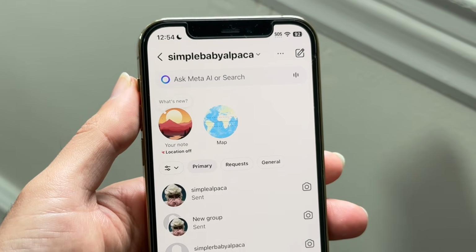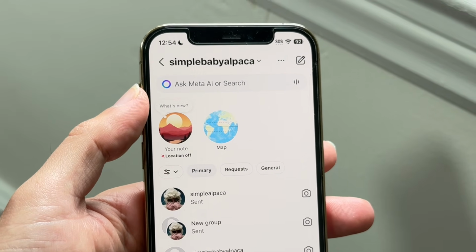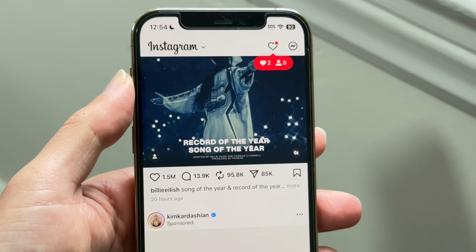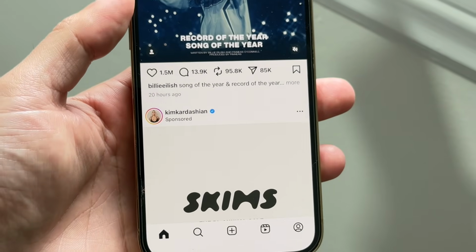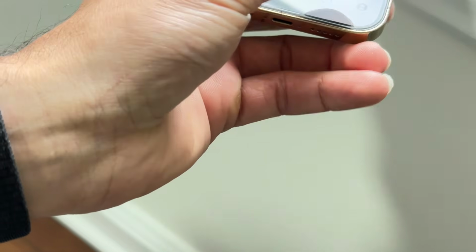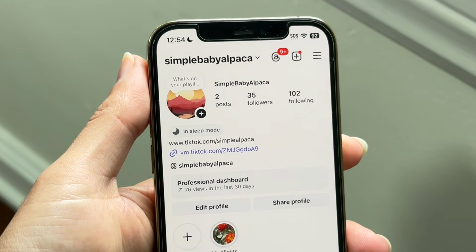you somehow have some sort of professional account on Instagram. You will not see these tabs unless you have a professional account. So if you want to get those, you will have to switch over to a personal account. You can do that by going into your bottom right corner on Instagram, and then basically switching your account to a personal account